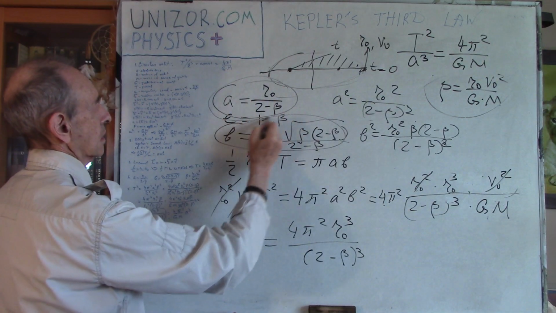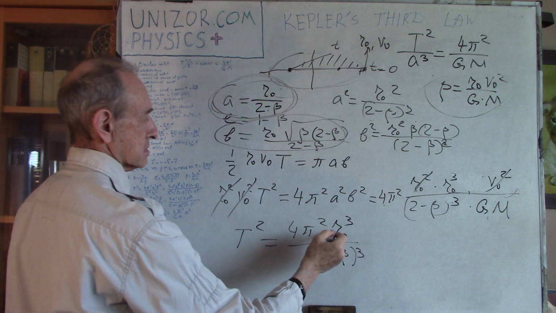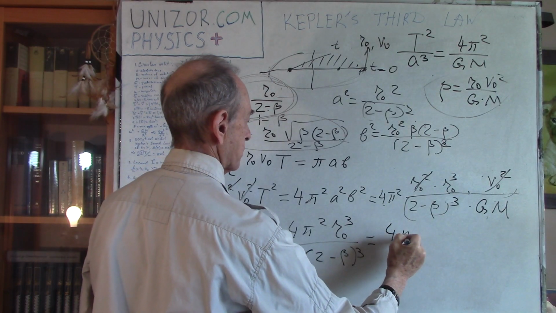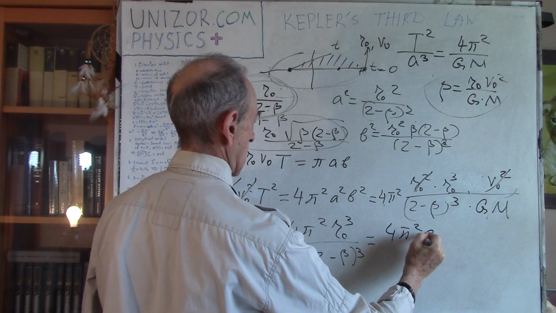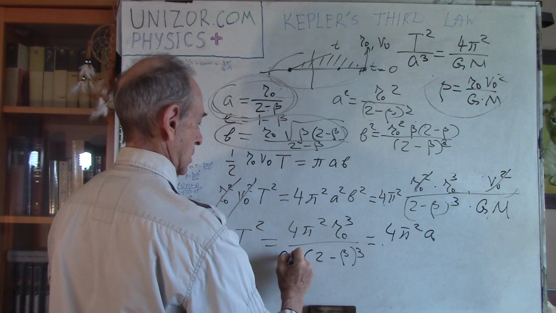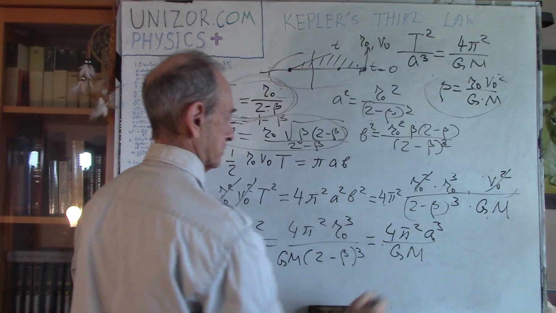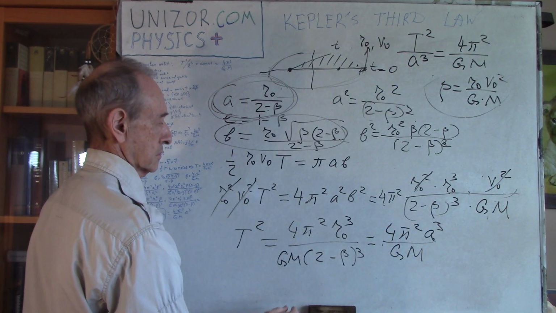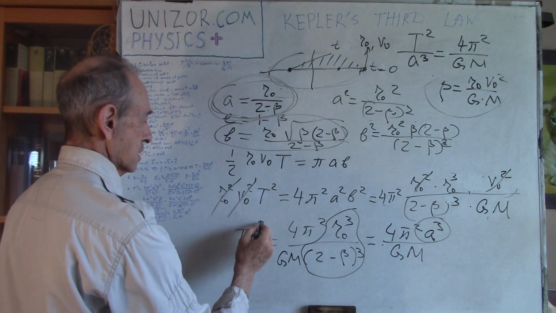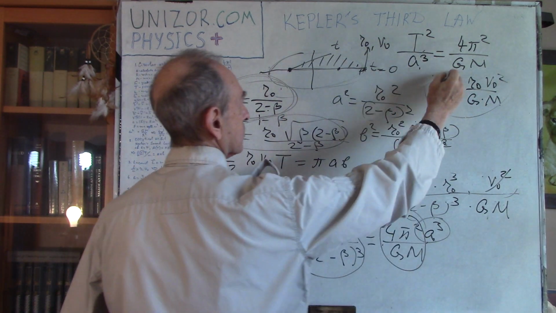Now look at this. A is R0 divided by 2 minus beta. So this is R cube divided by 2 minus beta cube, which means it's equal to 4 pi square A cube, and by the way, I forgot GM, divided by GM. So this is A cube, from which T squared divided by A cube equals 4 pi squared divided by GM,